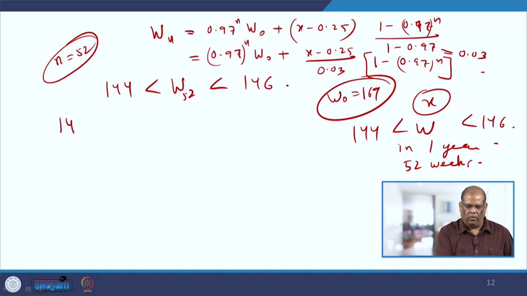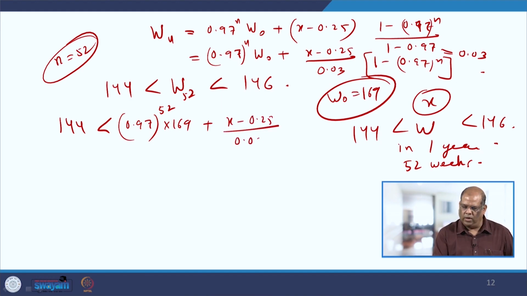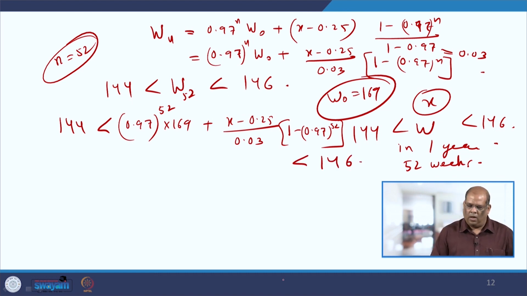So, all you have to do is substitute this, which is 0.97 to the power 52 into 169 plus x minus 0.25 by 0.03 into 1 minus 0.97 to the power 52, and this must be less than 146. And if you simplify this, which is not very difficult, you will get that your x lies between